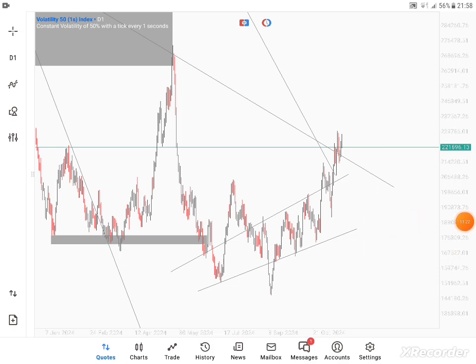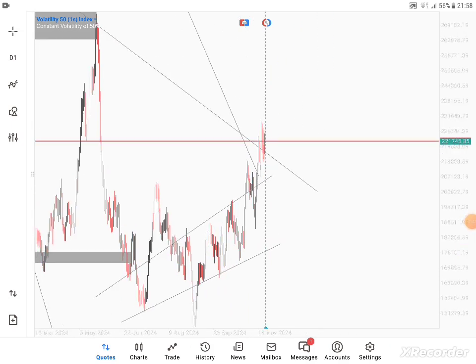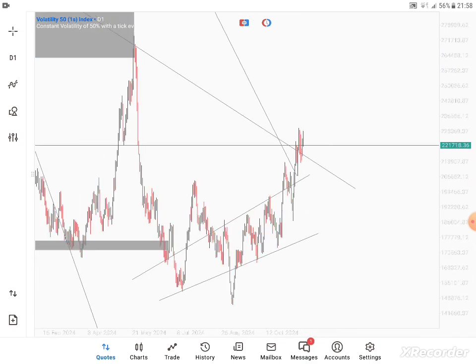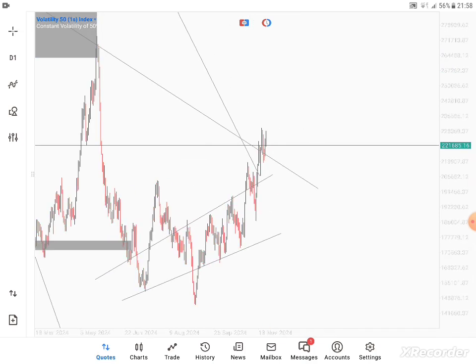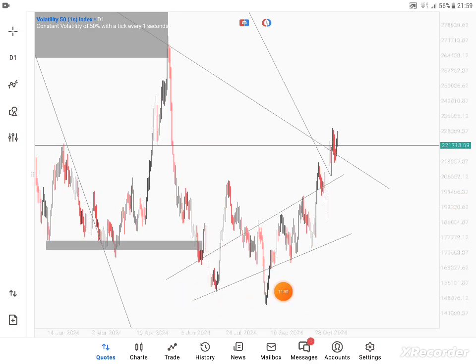So already, as I told you, what is bias? I said for you to identify your bias, it's just for you to know where your direction is, to identify the market and know the direction of this market. So that's what we call a market bias. Your bias may be sell side or your bias may be buy side. So once this market is taking these levels and sweeping this side,